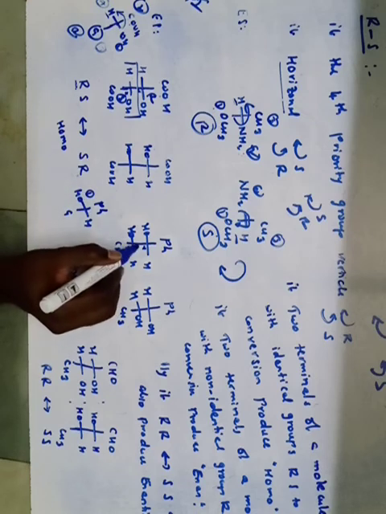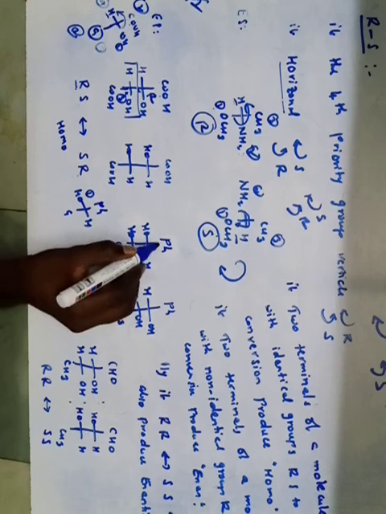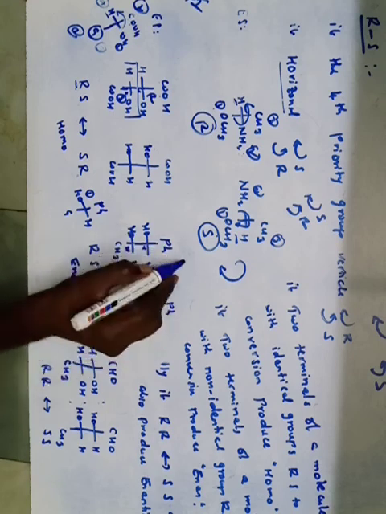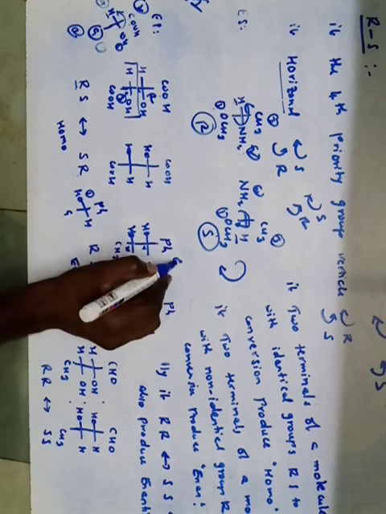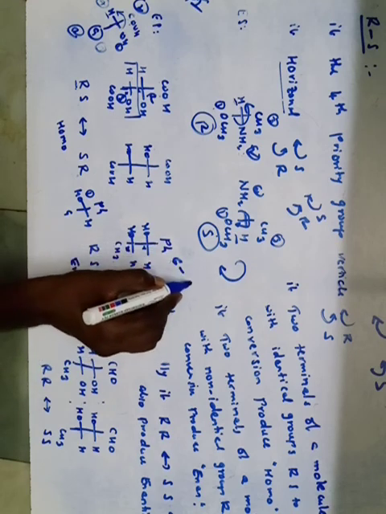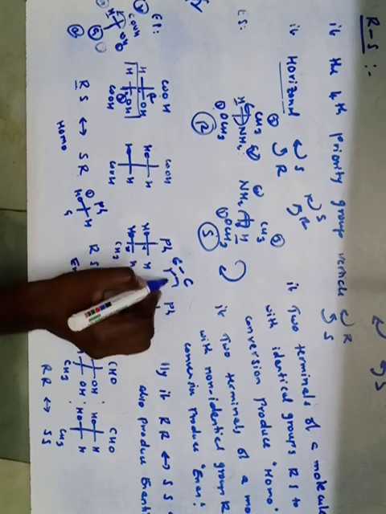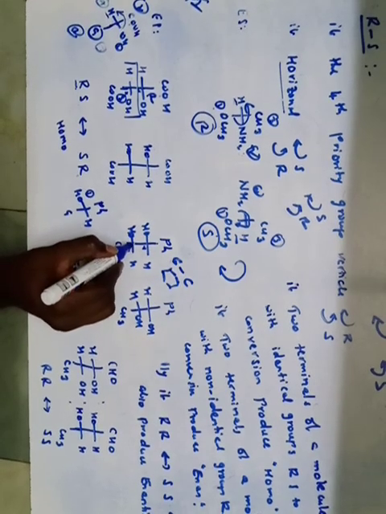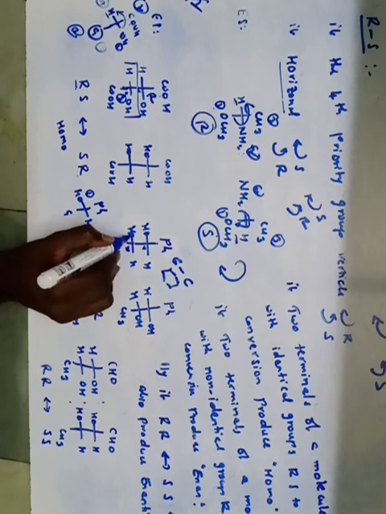See here, this chiral carbon is attached to this carbon, right? And again it is attached to this carbon, meaning Ph, the phenyl ring. So one carbon is also attached to carbon. Again next, this is the phenyl ring, right? So it is attached to all carbon atoms, right? Here see, this carbon will be attached to oxygen.